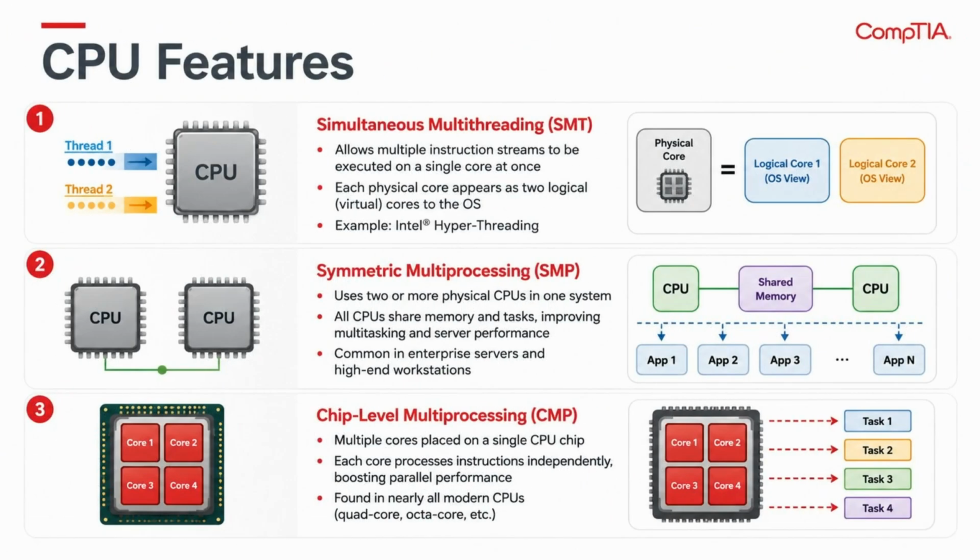3 CPU features worth knowing. Simultaneous multithreading lets multiple instruction streams run on a single core at once, so each physical core appears to the operating system as 2 logical cores. Intel calls its version hyperthreading. Symmetric multiprocessing uses 2 or more physical CPUs sharing memory and tasks in one system, common in enterprise servers. And chip-level multiprocessing places multiple cores on a single CPU chip, which is what gives you quad-core, octa-core, and similar